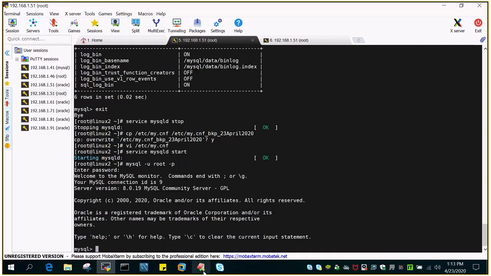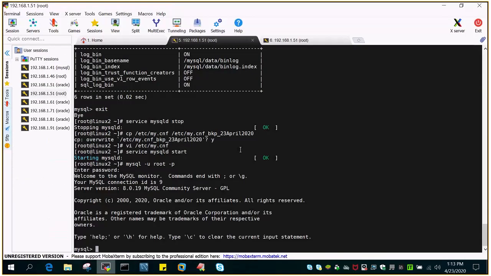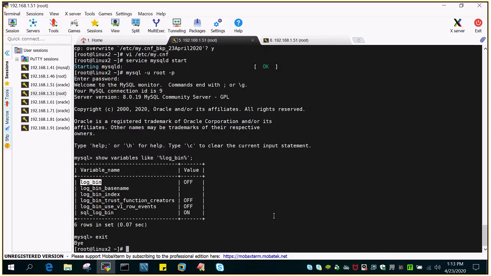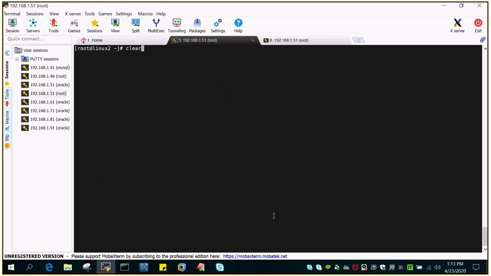And if I fire the same command again, show variables like log_bin, that will show you that log_bin is disabled. So it is very, very simple. Now what I'm going to do is enable it, and then we will